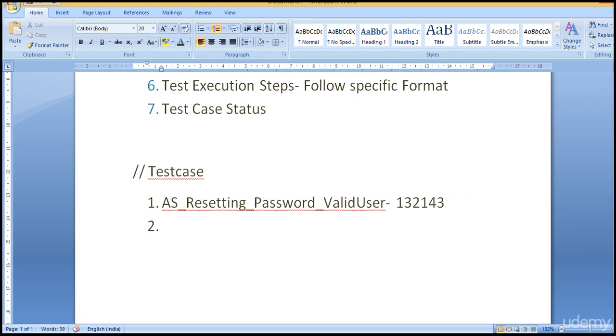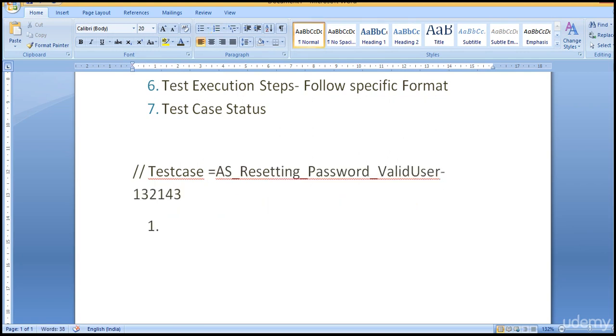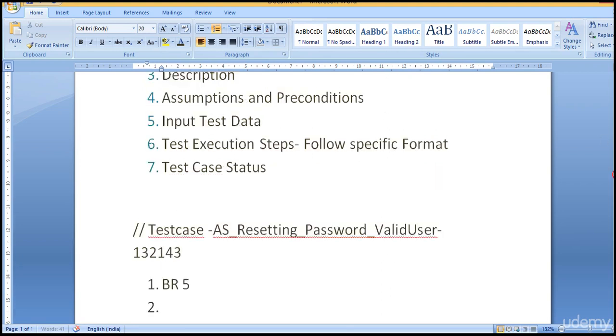So this is the test case name. Let me write. Okay. Under this test case, now I say BR5 is the requirement I am covering. Cool. And next,